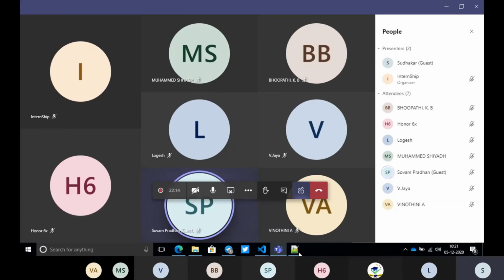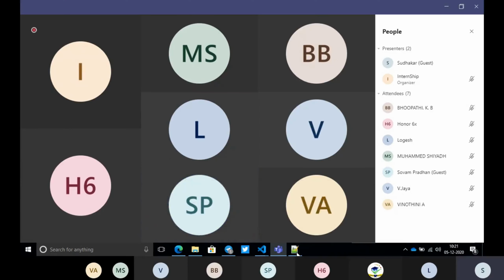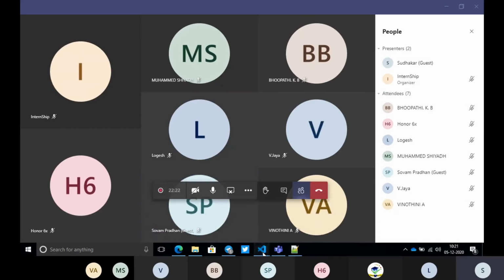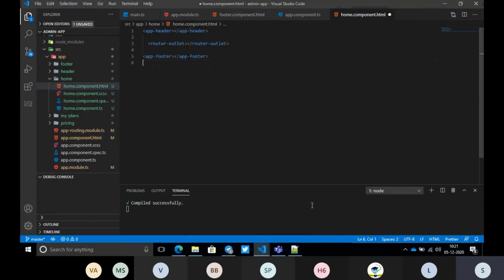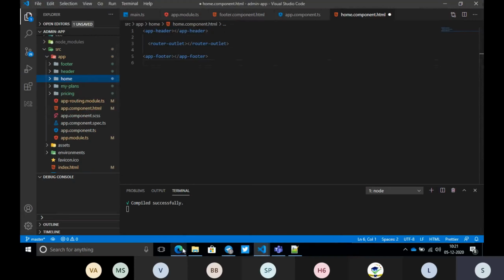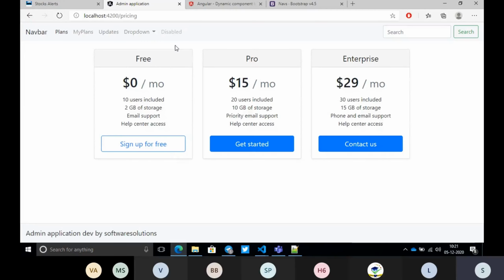Event binding. Don't think TypeScript is something different from JavaScript. Whatever we are doing, we are doing in JavaScript only. Let us go to our first component. I will go to this pricing component, and I already told you I did not implement this.